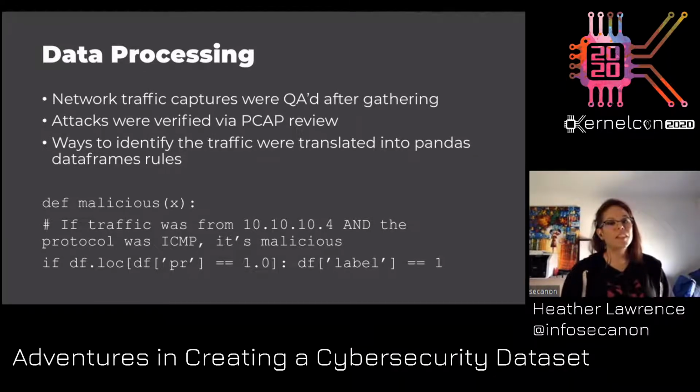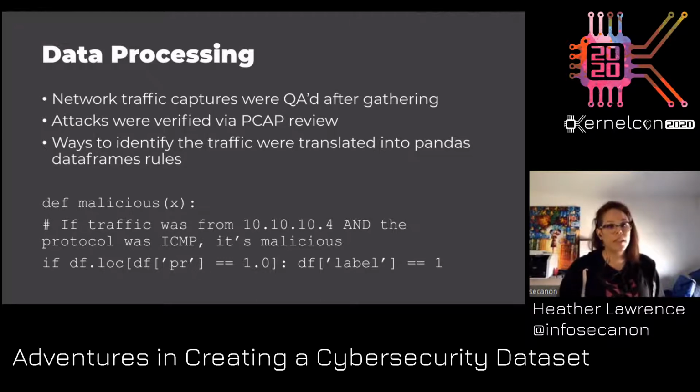Then we took the ways that we identified the traffic in Wireshark and translated them into Pandas data frame rules. With the data set, there's a README that basically gives the ground truth. So if you wanted to, you could completely reanalyze the PCAP, and you have the ground truth as to which traffic is malicious and why.